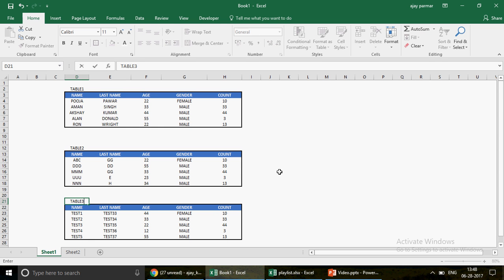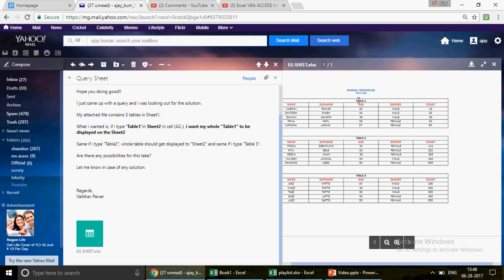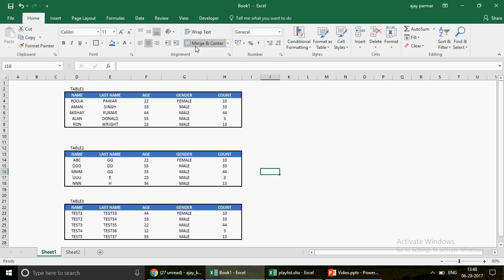Okay, I see that in your snapshot you have used the merge option, merge and center. That's okay, you can do that, there's no problem, but still you have to write this somewhere. If you're just going to merge it, you can, I don't mind, but then we will have to see where we want to start. So I would still write this table 1 somewhere which my user should not be able to see. Maybe I can link this cell here, and maybe then I can link this cell here,